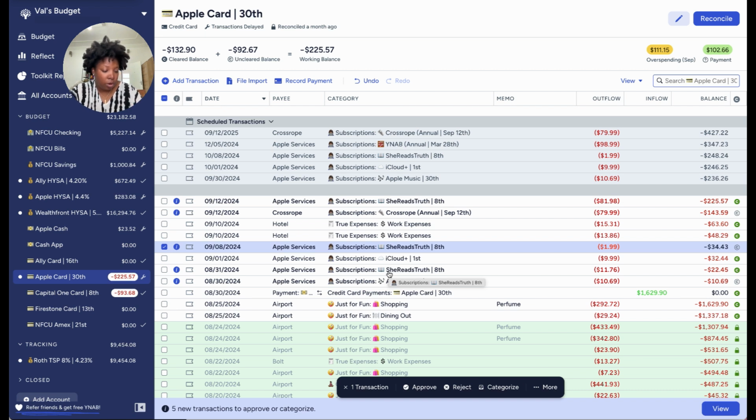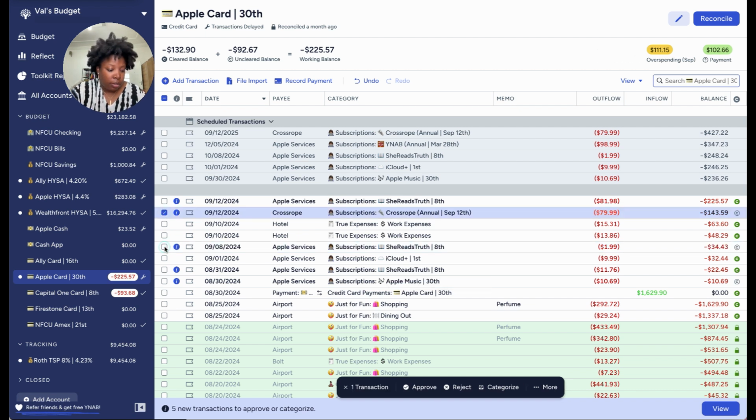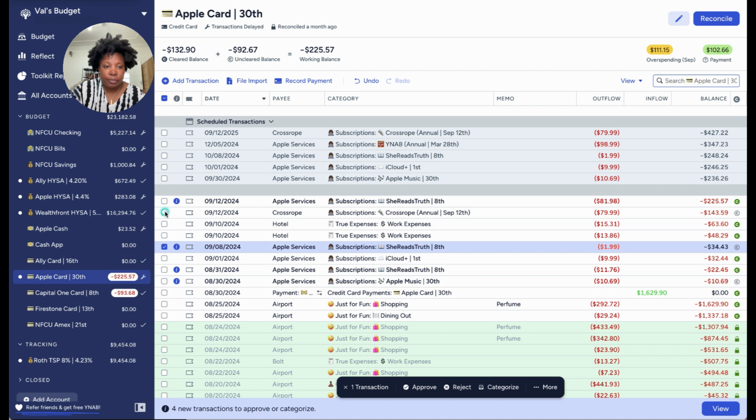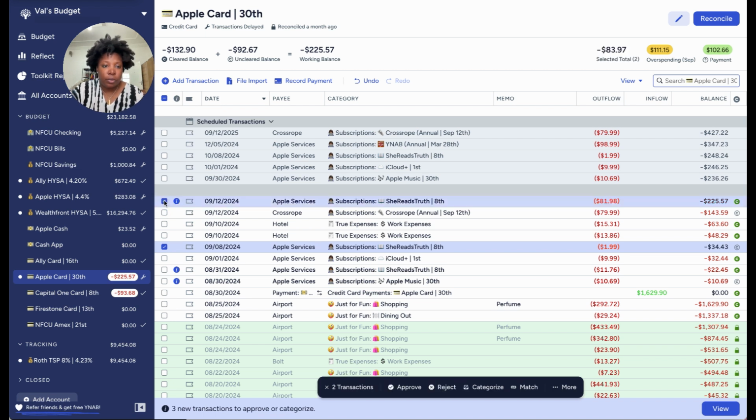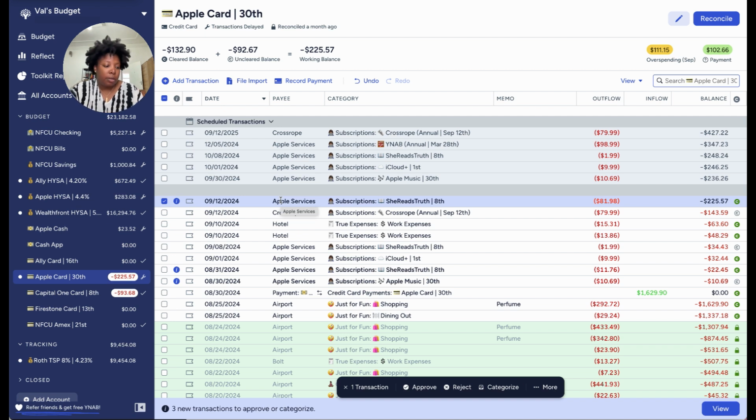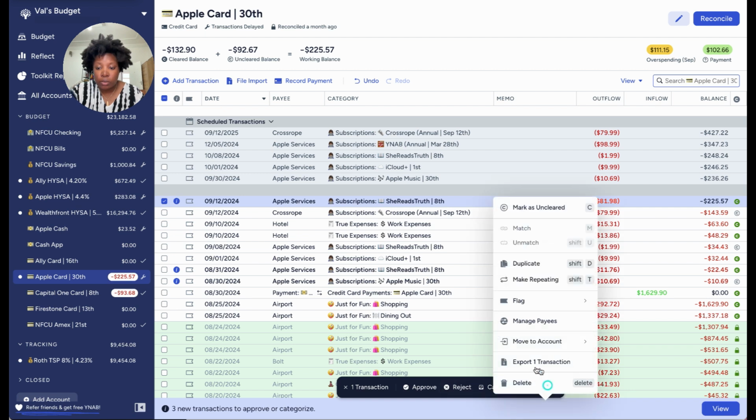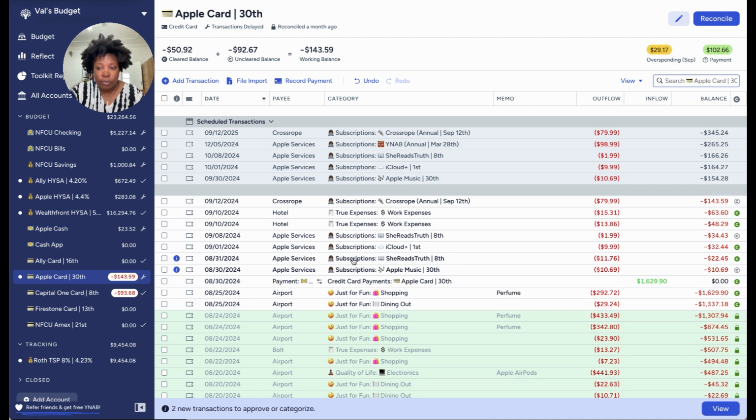So my Crossrope jump rope subscription and my She Reads Truth subscription. So the $79.99 for my Crossrope annual subscription. And then my She Reads Truth at $1.99. And so this one for $81.98 is because Apple combined those two together. So I'm going to delete this one. And then this